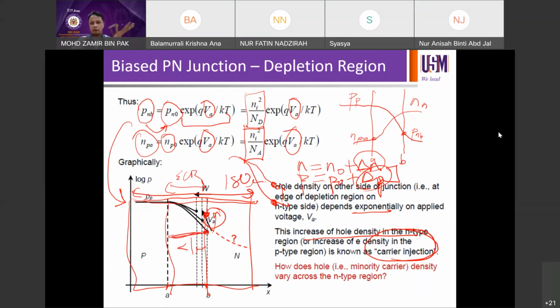And we have only discussed the minority carriers under biasing condition at the edge of the depletion regions. That means we are only talking about this 1 micron region. We have not yet discussed the remaining 179 micron, minus here, plus here. We still have 179 micron to think about, right? So now we've only discussed this 1 micron somewhere